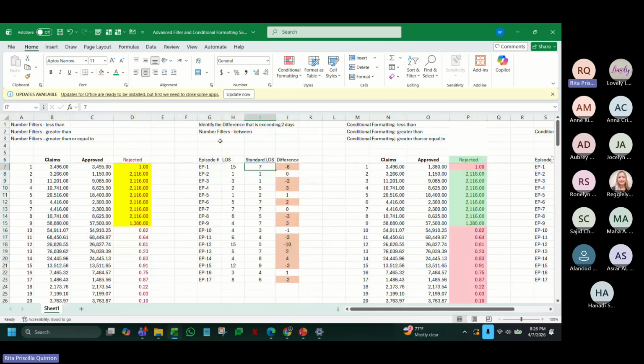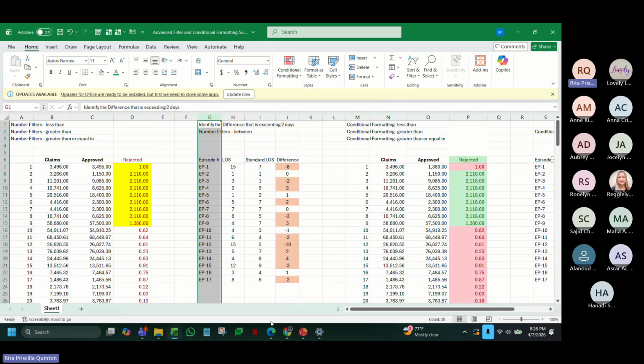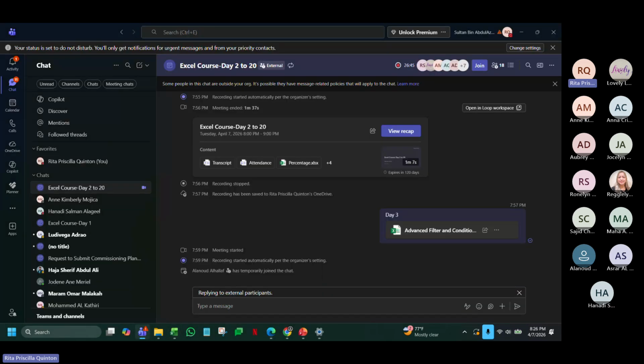I know you already know the duplicate values. For duplicate values, we will use another file. I will share the file with you.